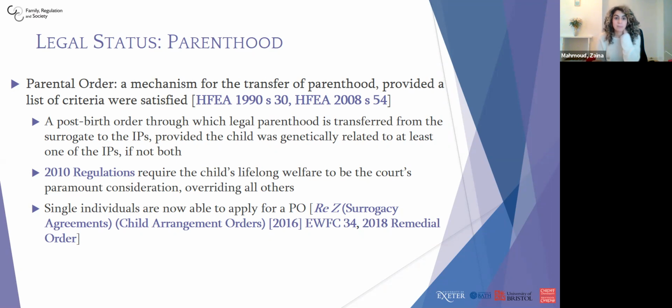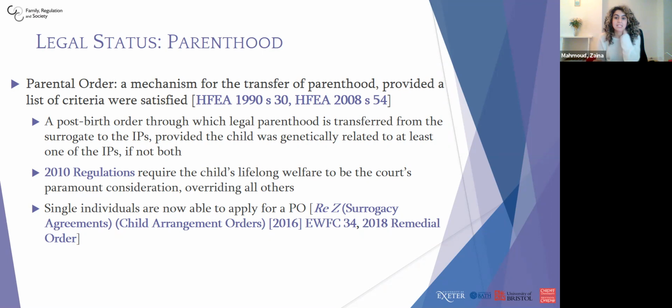Single individuals may now apply for a parental order following Re-Z, but collaborative co-parents are excluded from eligibility for parental orders, as the government is of the view that surrogacy is best dealt with by a couple in an enduring family relationship. This underlines the idea that a family is an entity built